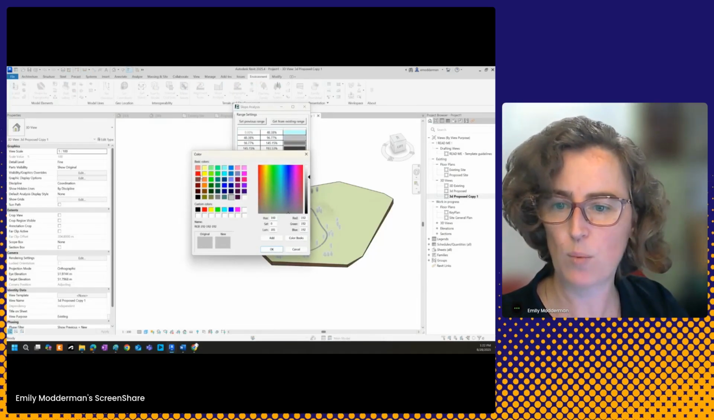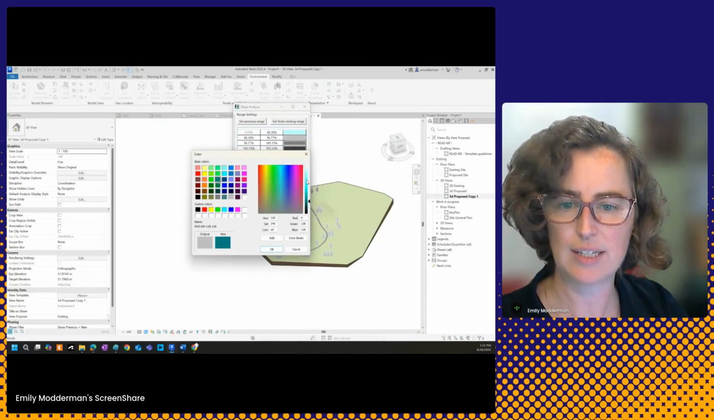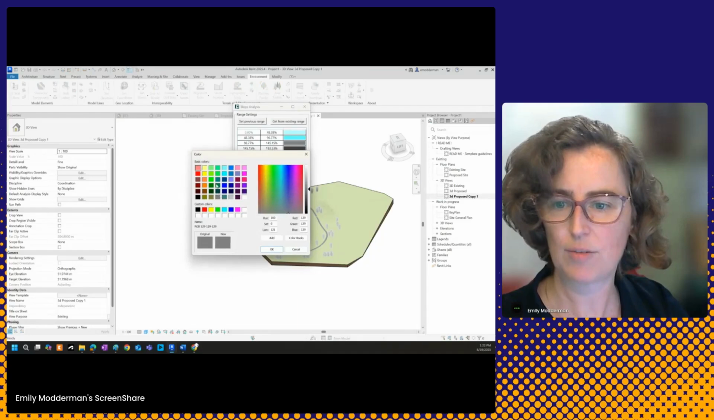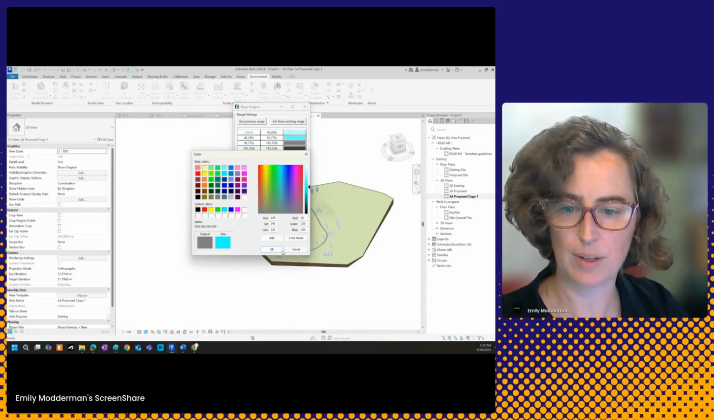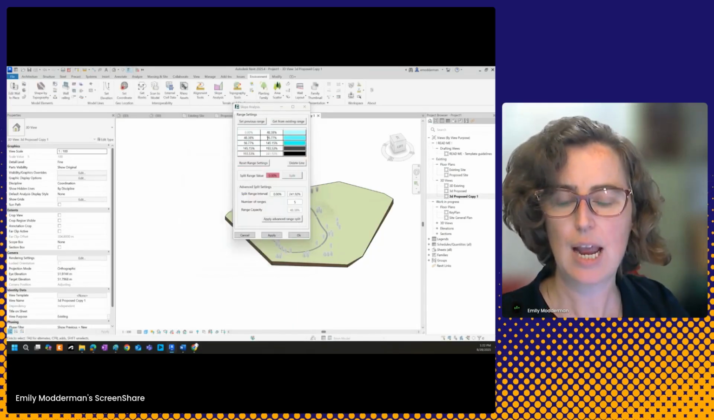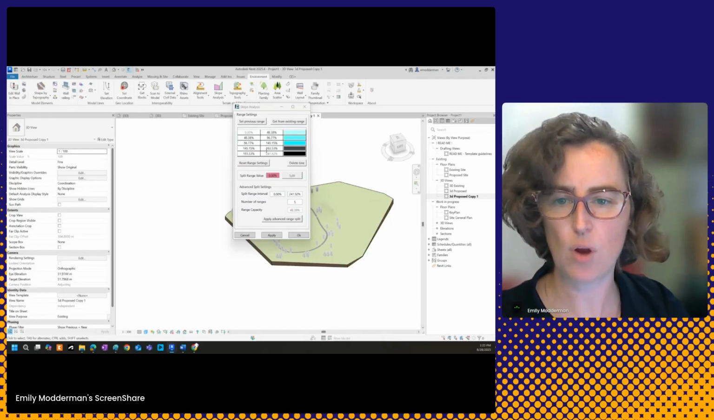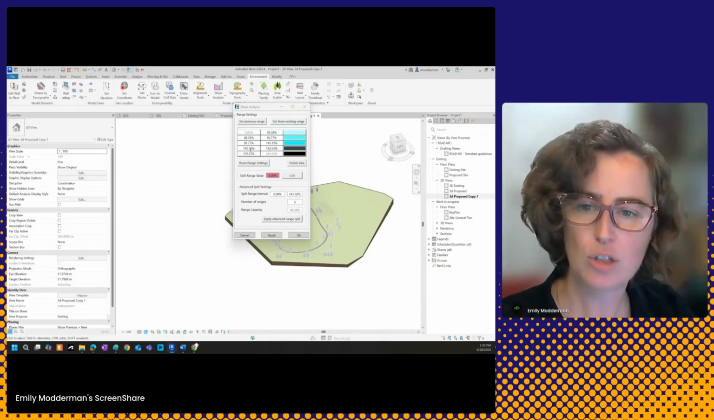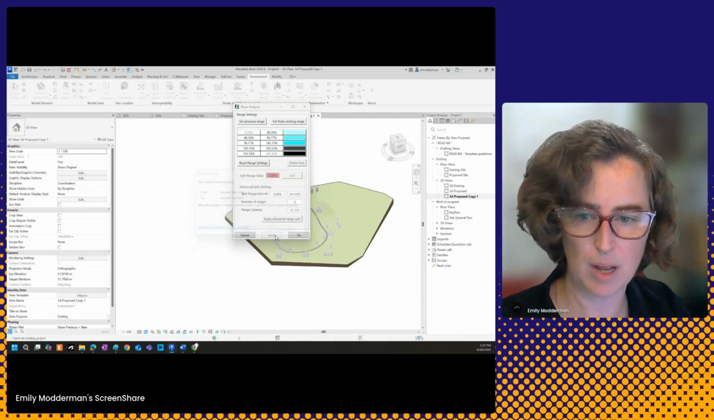And I can work my way down, selecting that same color and getting darker as I go. So that's one thing that we will need to work through. And then the next one is, okay, I've got a lot of extreme ranges here. So how does this really help me? If I were to hit apply right now,